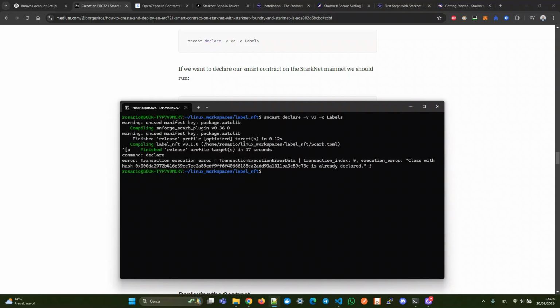We're gonna use this code here. So sncast deploy -v v3. In this case, v3 means STRK to pay the fee in STRK. If we want to pay in ETH, we need to put v1, class-hash. This is the class hash that we have obtained before. So once we run this,